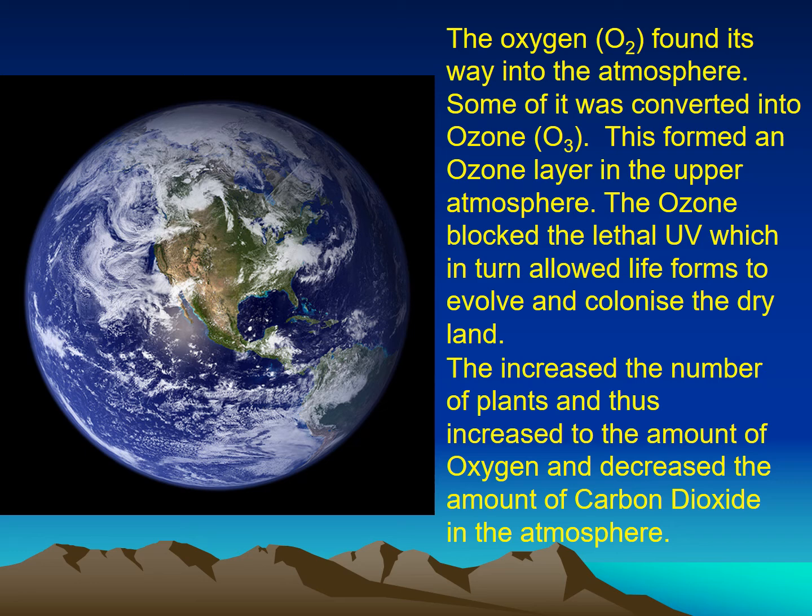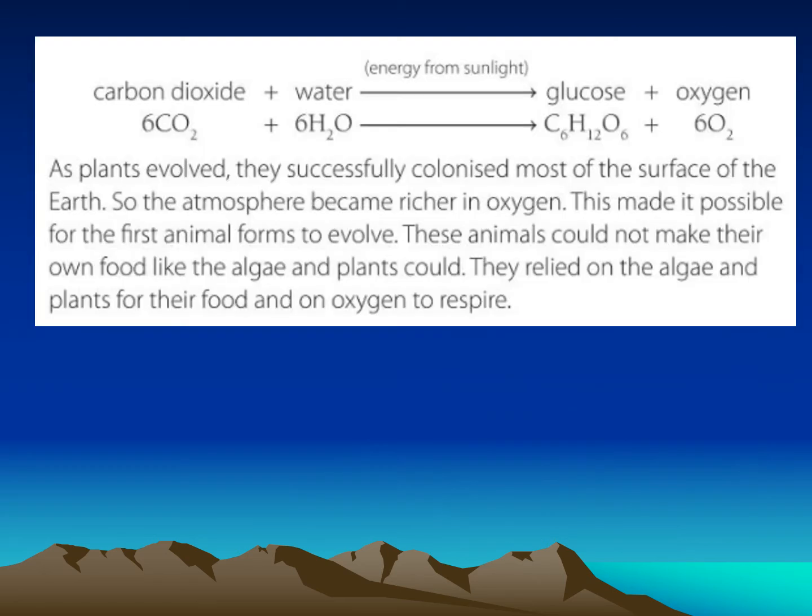And so things started to shift. Those plants started to take in all of that carbon dioxide in the atmosphere, or what was left of it, and turn that into oxygen. If we think about plant photosynthesis, it takes in carbon dioxide and also water, both of which are very abundant, and then it uses the energy from the sunlight during photosynthesis to create glucose and oxygen. So it's releasing all of these oxygen atoms into the atmosphere and also making all this